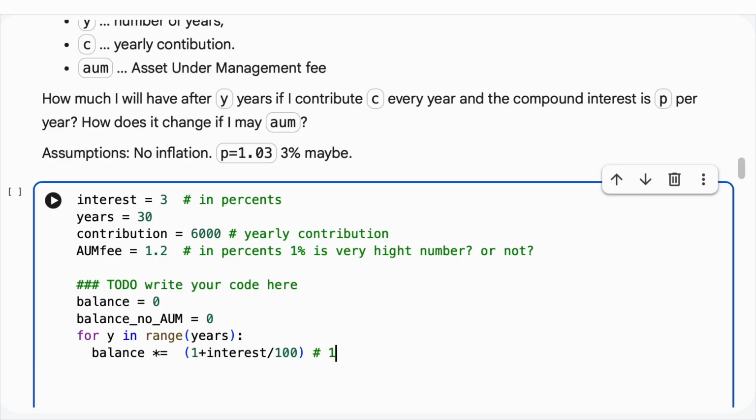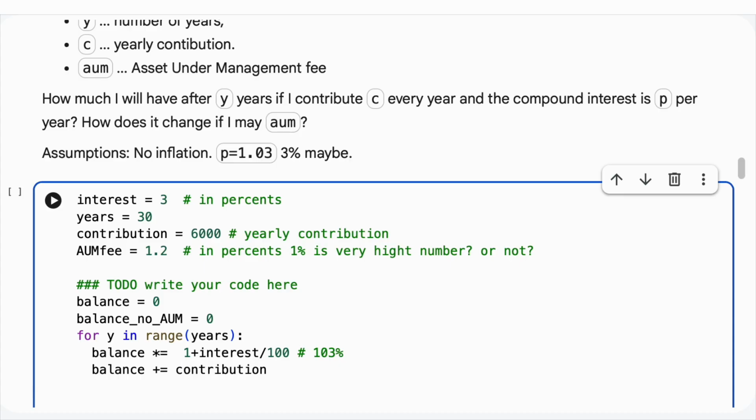This is 103%, right? Or you can write it as 100 plus interest over 100. It's the same thing. I'll keep it this way because it's easier for me to think about it like that. Right. Then also it changes, I'm adding to it the contribution,